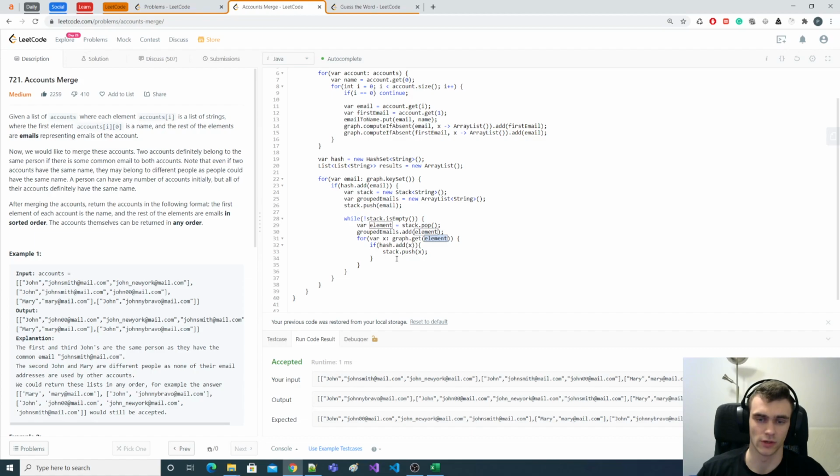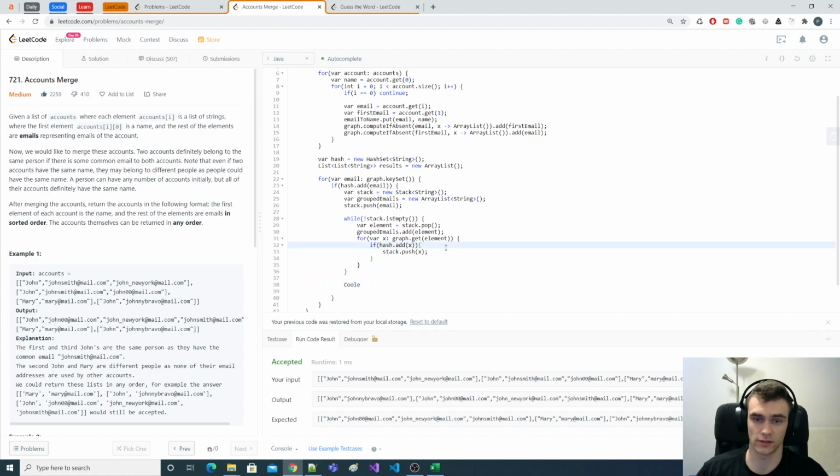Now this stack has just had all the emails added, and we're going to go further and further from the first element to the next element. Okay, from the last element, I would say, because we are popping from the stack. We're popping and then going through the next element, so that there is a node and we're going through all the nodes here, pushing to the stack, and this last node we go to the stack, and so on and so forth. Okay, at the end of it, they say that the emails should be in order, like sorted, and